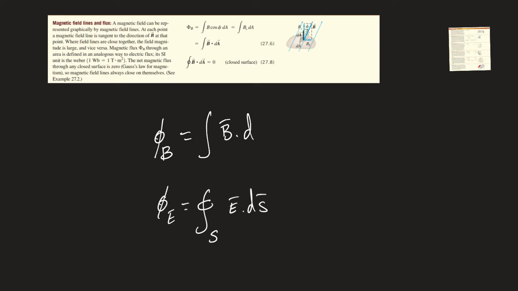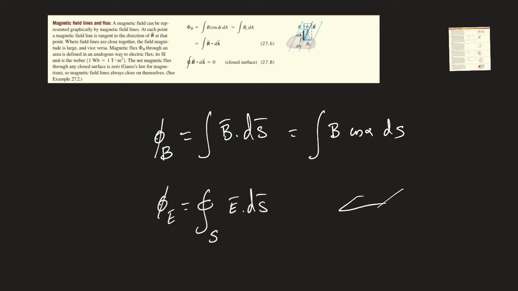Going to define the flux of magnetic field as equally as the flux of the electrical field. The flux of the electrical field was the integral over a surface. It doesn't have to be closed to define a flux. Over a surface S of E scalar dS. And the flux of magnetic field is B scalar dS. It's the same idea, is the integral, is the summation of all the B sub i, magnitude of B, by cosine of alpha by dS,